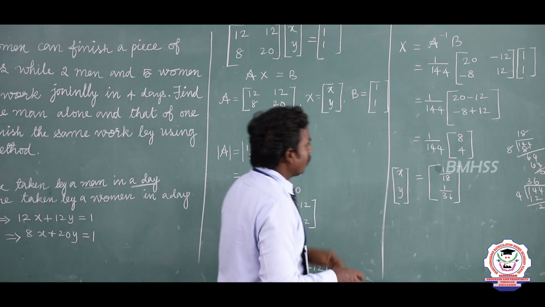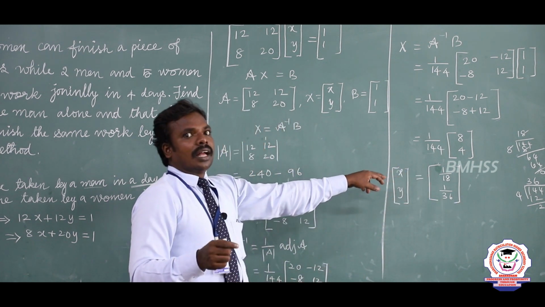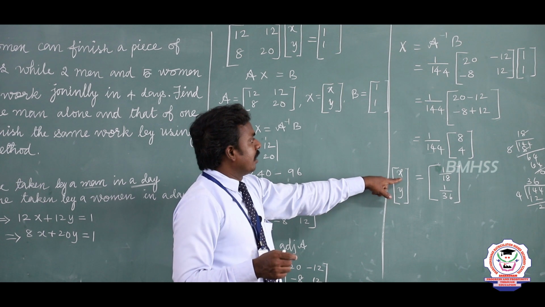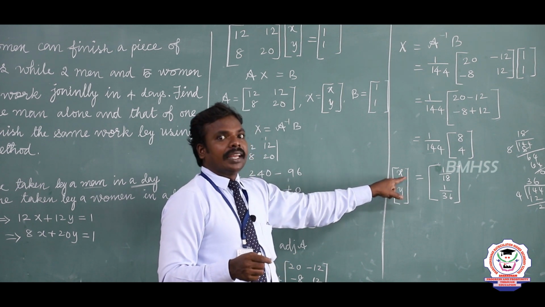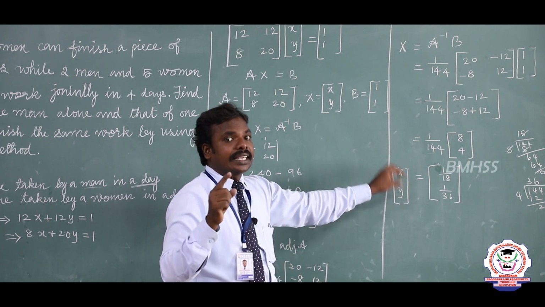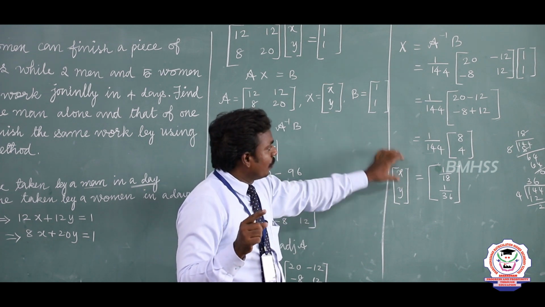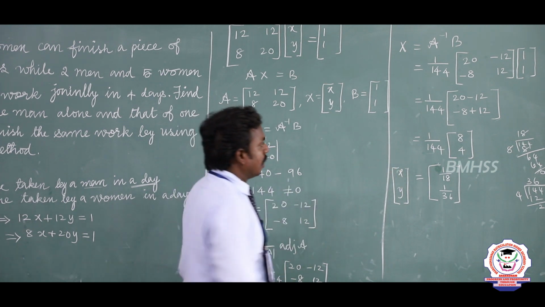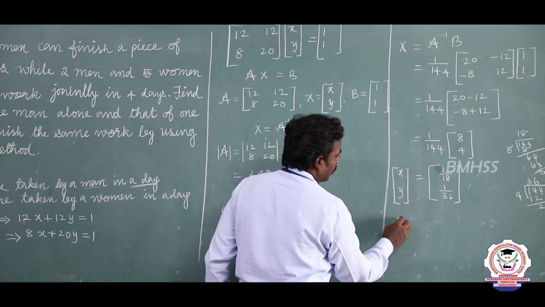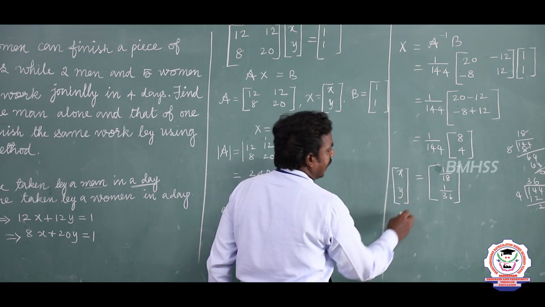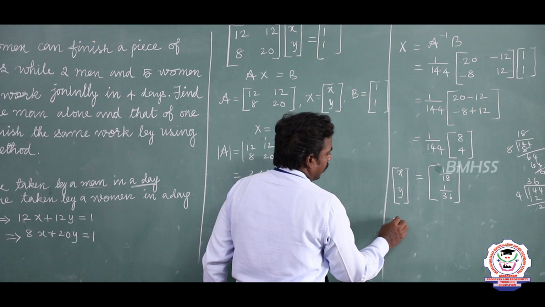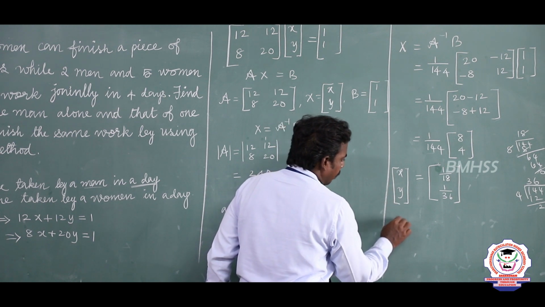So take the reciprocal of this value, because x is the work done by the man in one day. Listen dears, x means the work in one day. From this, the man can complete the work within 18 days. Therefore the man takes